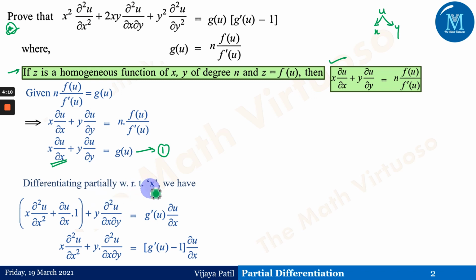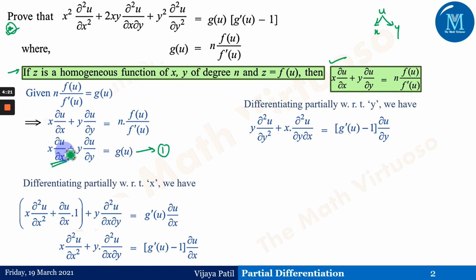Now this we have differentiated with respect to x, that is equation number 1. Now let us differentiate equation number 1 again with respect to y. What would happen? In the first case, this would be y into ∂²u/∂y² plus, whenever we are differentiating with respect to y, we have to keep x as a constant. So x as it is, and differentiation of ∂u/∂x with respect to y would give us this term, ∂²u/∂y∂x into x, and this is nothing but y into ∂²u/∂y² plus this ∂u/∂y,